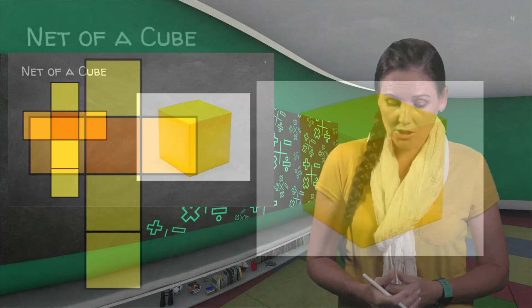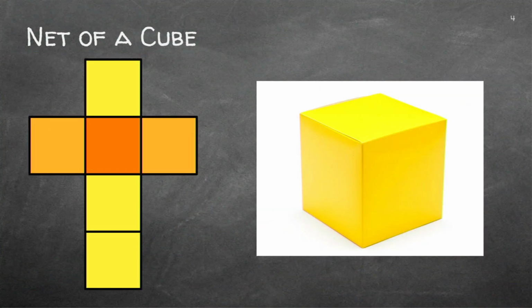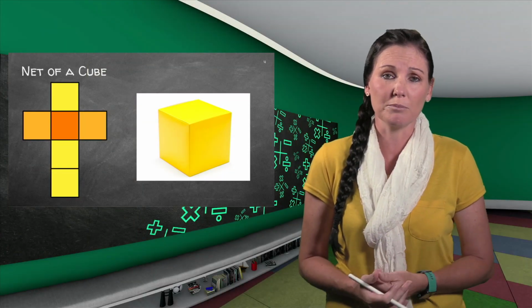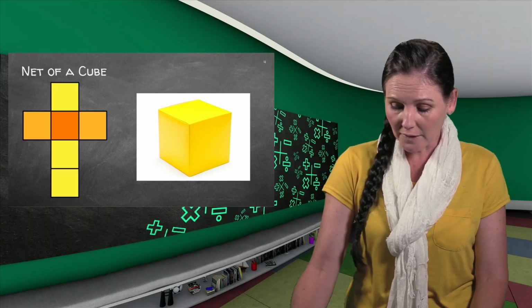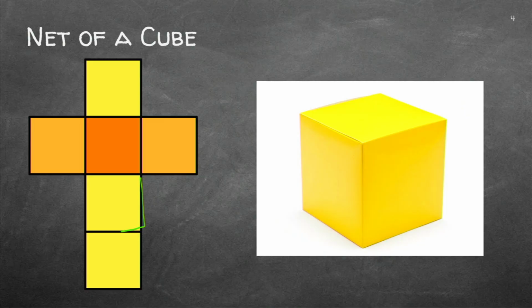Here is the net of a cube. So it's very important to know the properties of a 3D shape, because if somebody gives you the net and asks you what 3D object this is, and you don't know the properties of the 3D shape, you will not be able to tell him what type of 3D shape or object this is. With a cube, we know that all the sides are equal. It consists of 1, 2, 3, 4, 5, 6 squares.